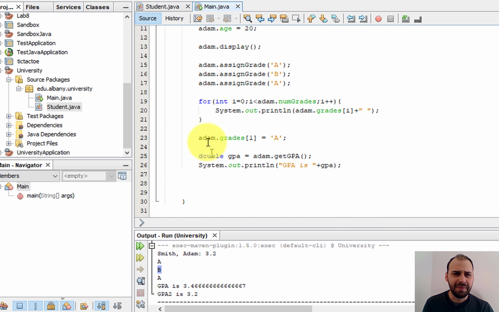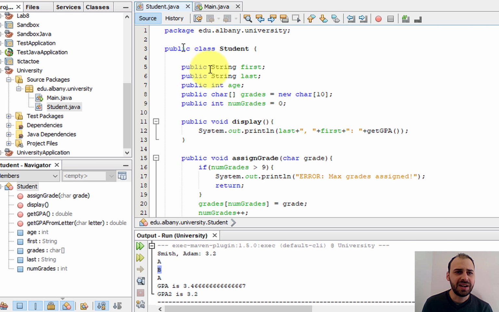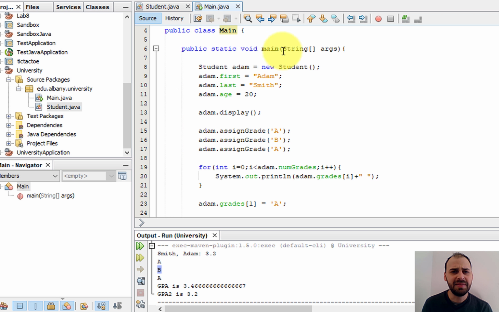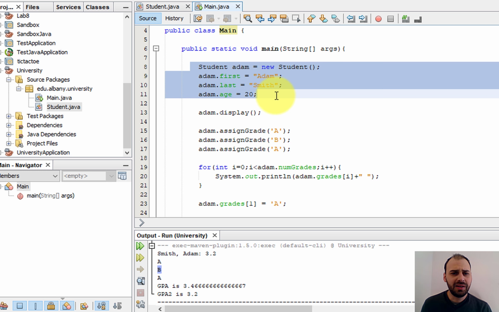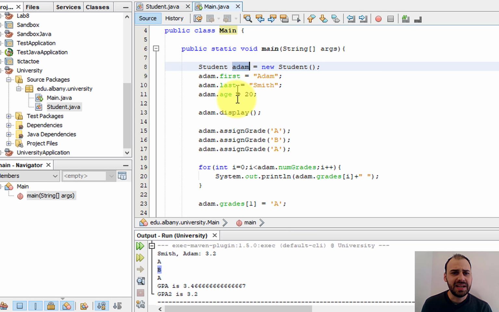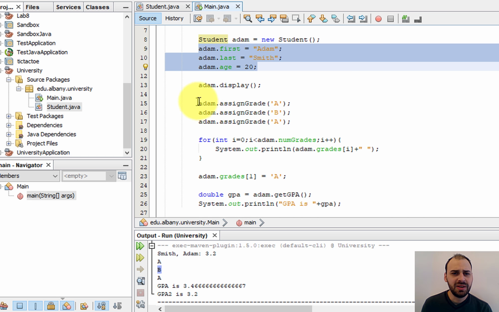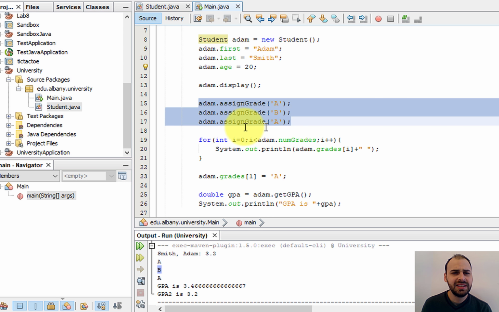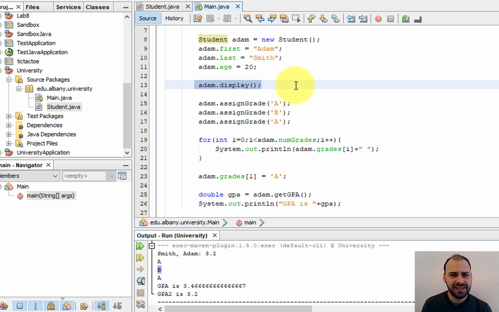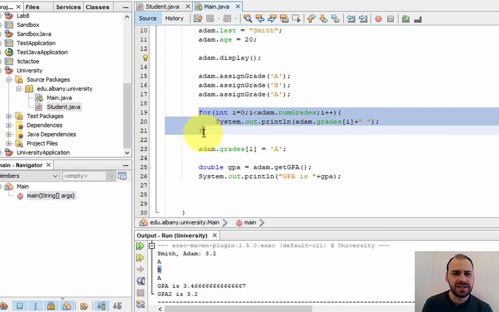So just to recap, we've got our main Java class, and we've got our student Java class. In the main method here, we have an object called Atom of type student, and we are setting a bunch of properties for this object Atom. We're including assigning some grades. We've got some methods like we could display the student, we could display Atom here, we could display some